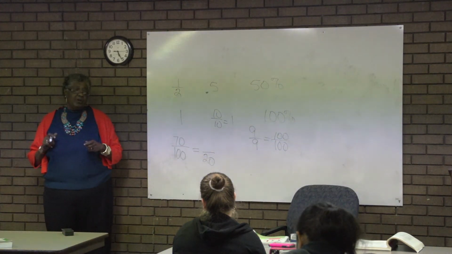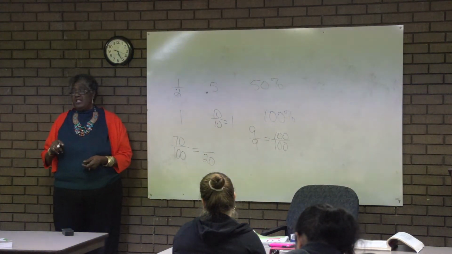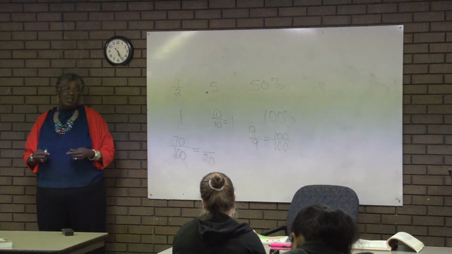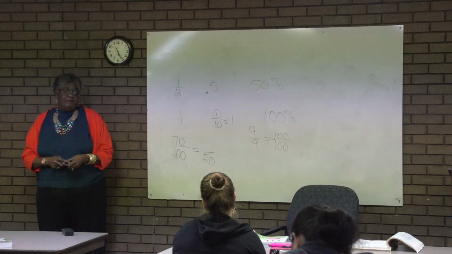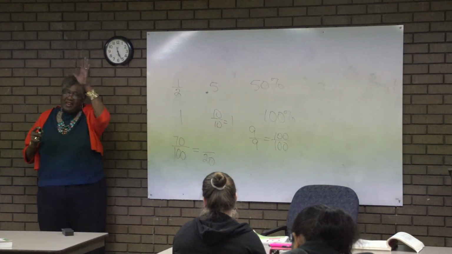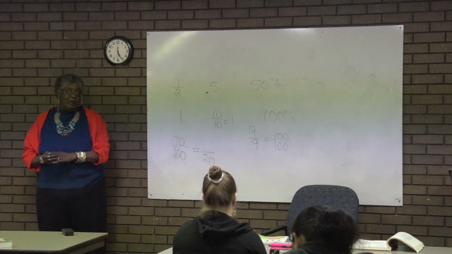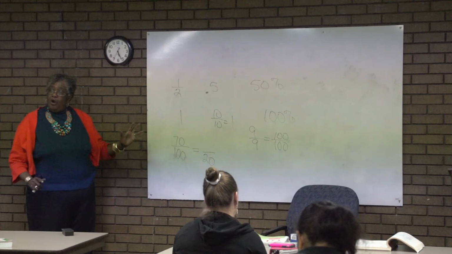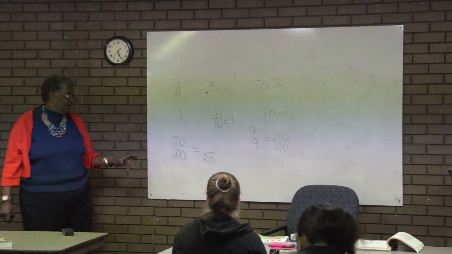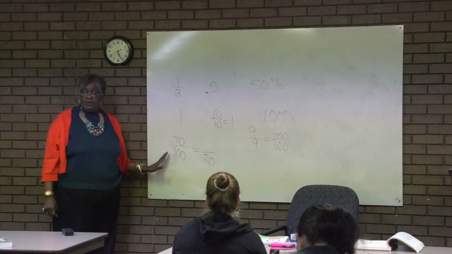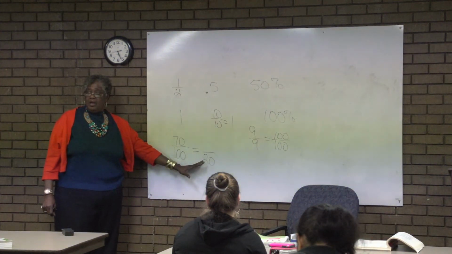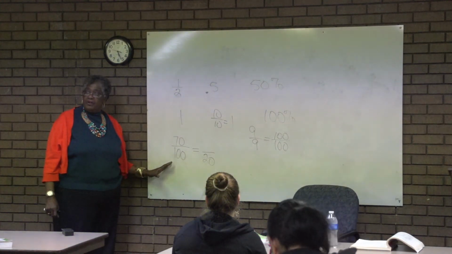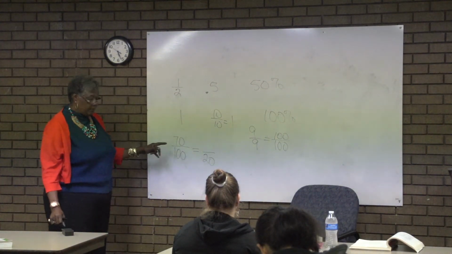You get a better picture when I say 50% of the people came than if I just said 7 people came, or even 7 out of 14. 50%, you get a better picture. You can see that half of that circle is blacked out. So when you're dealing with percent problems, that's what you're always dealing with. They're trying to figure out, the whole is not 100. We have another whole. How many do we need out of our whole to be the same thing out of 100? So sometimes they'll say,